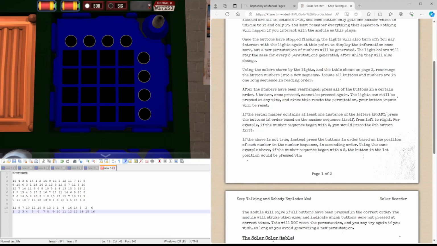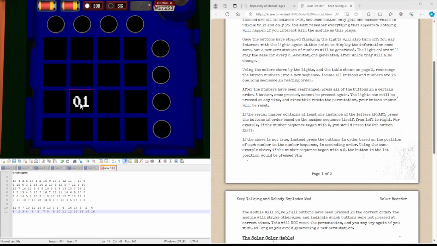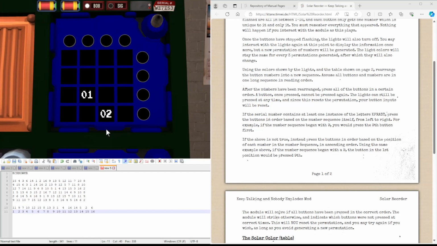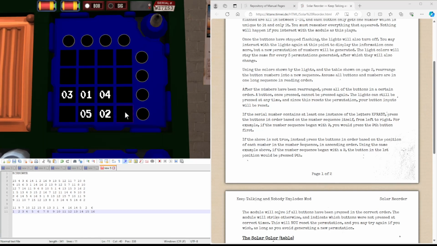So, looking for the 1, we'll be pressing button 10 first, then button 15, 2, 15, 3 is button 9, 4 is button 11, 5 is 14, 6 is 16, 7 is 3, 8 is 7, 9 is 2, 10 is 4,